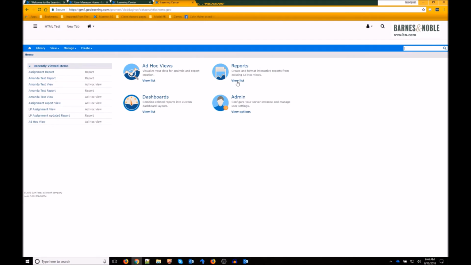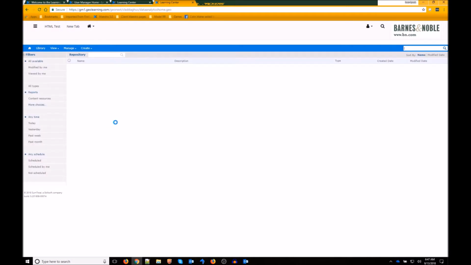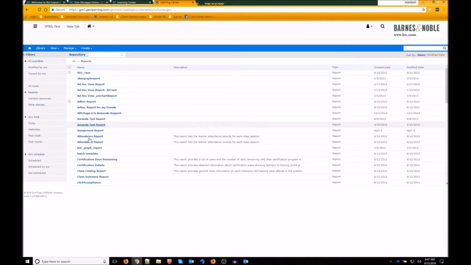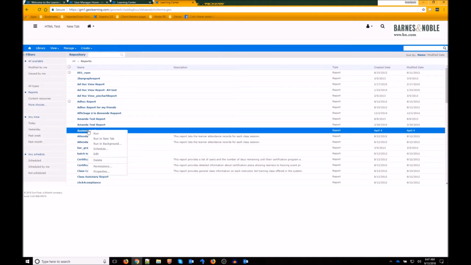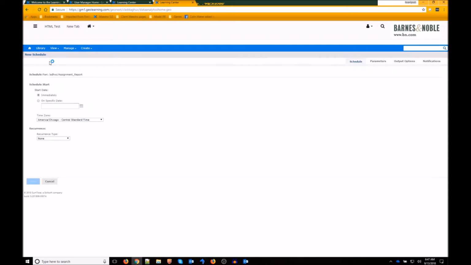Scheduled reports need to be created from a regular report, so we will go to the list of reports to find the report we want to use to create our scheduled report. Once we find the report, we simply right-click on it and we go to Schedule. This will open up the Schedule Reports section, and if there were any other scheduled reports here, we would see them listed here. Now we will go to Create Schedule, and here we will open up the wizard to create